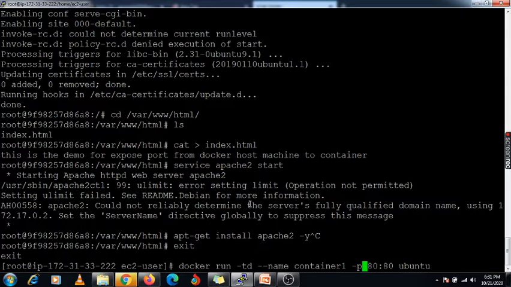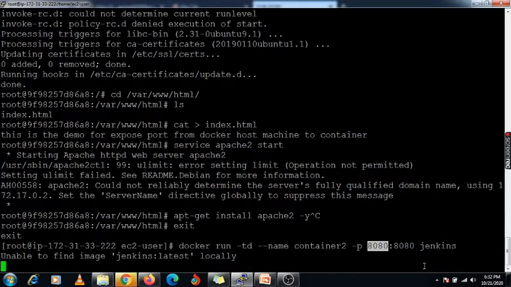Here I am going to create a new container, container 2, and expose the port 8080. This 8080 port is enabled on your local machine also. I already enabled it on my machine, and here I am going to use this image, that is Jenkins. Enter it.